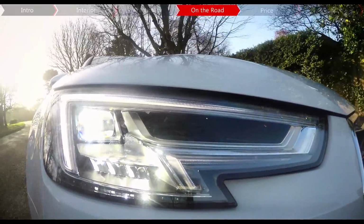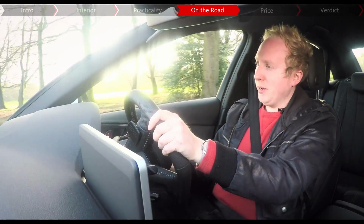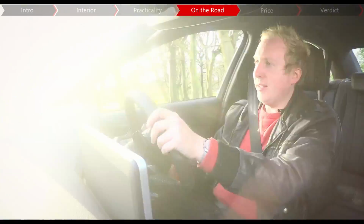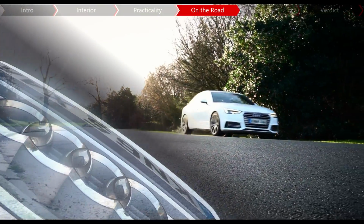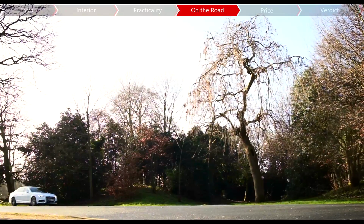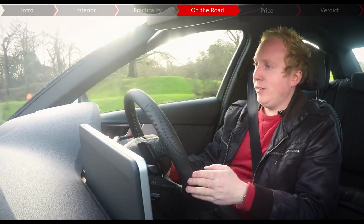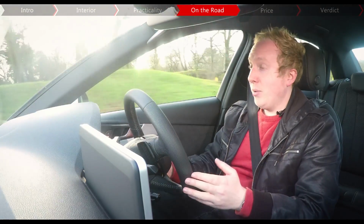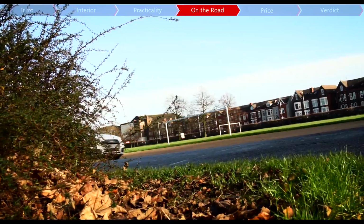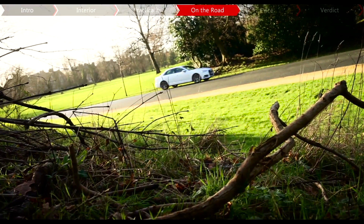There are of course lots of options to go for, including the choice of petrol or diesel engines, manual or automatic gearboxes, and front or quattro all-wheel drive. So Audi certainly has all the bases covered. This car could be the pick of the bunch though. It's the 2-litre diesel with 187 brake horsepower, front-wheel drive and the S-tronic automatic gearbox. It's plenty quick enough, getting from 0 to 62 in 7.7 seconds, but it can still return an incredible 67 mpg. The 148 bhp Ultra Diesel might be even greener, but the step up in performance with this car is